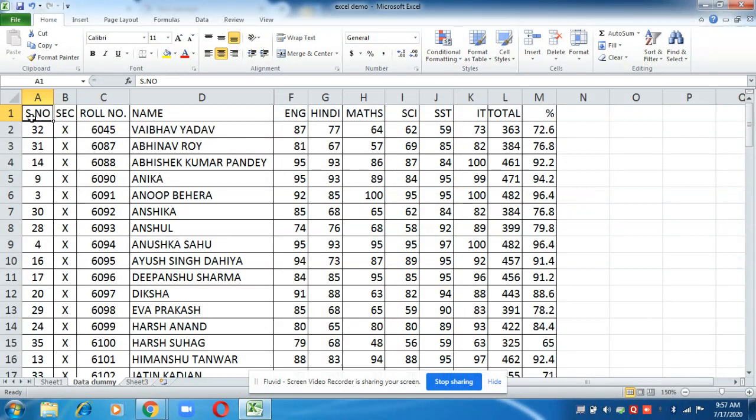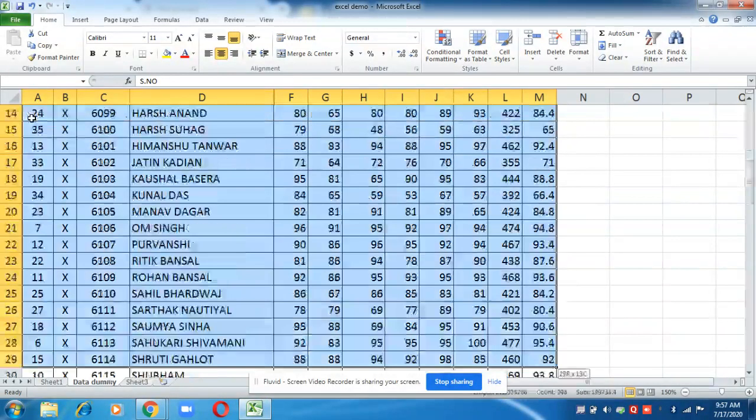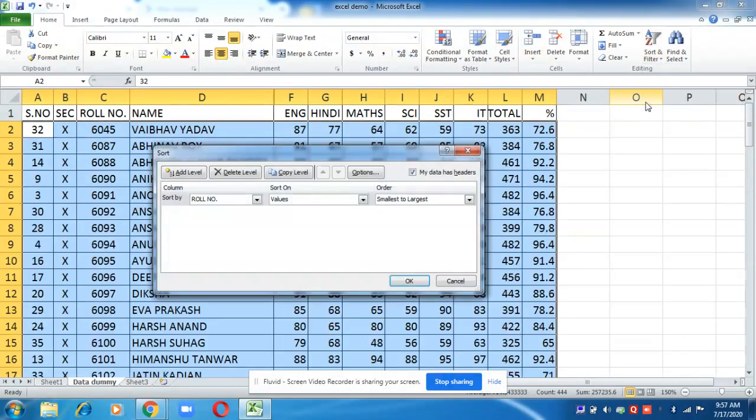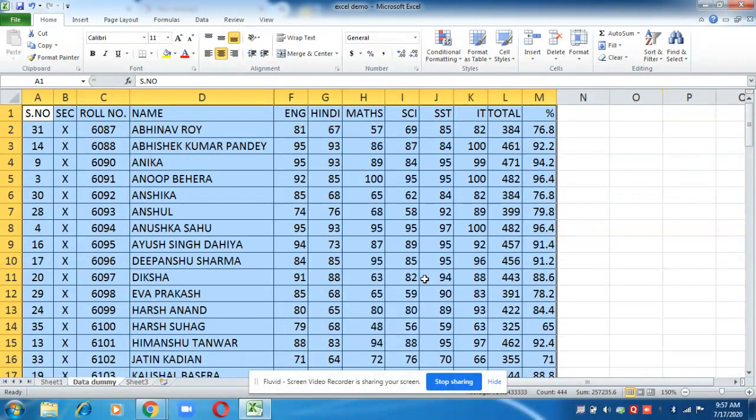Now let us check how to do two levels of sorting. This was the first level of sorting. Now I want to sort all the students according to their names. This is also again the first level of sorting. I am arranging them from A to Z. Okay. Now all are arranged according to their names. All A's are coming first, then D and E and H, then J, and so on. So now they are arranged according to their names.